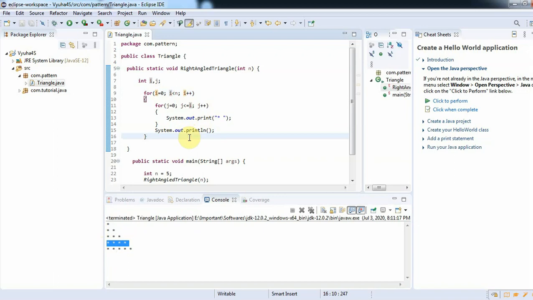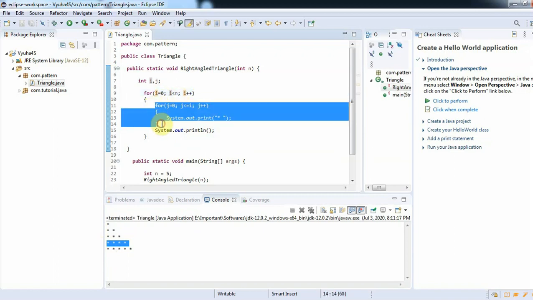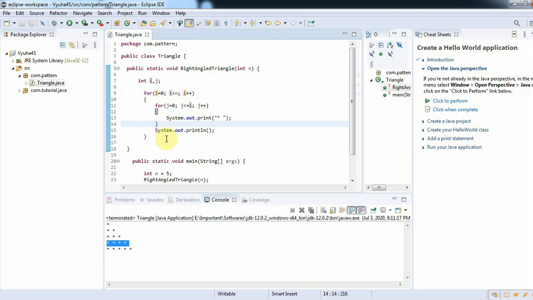Now the value of i is 4, and 4 less than 5 is true, and the control enters this for loop, and it will execute 5 times, because it starts with 0 and ends with 4. When the value of j is 5, this iteration stops and comes out.